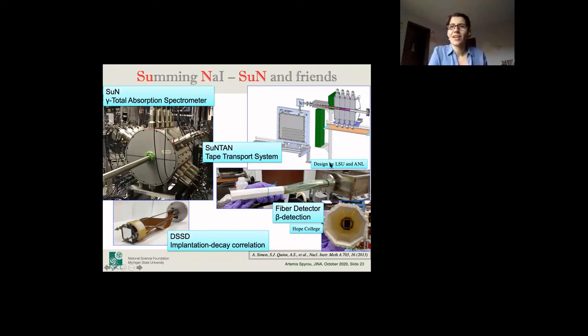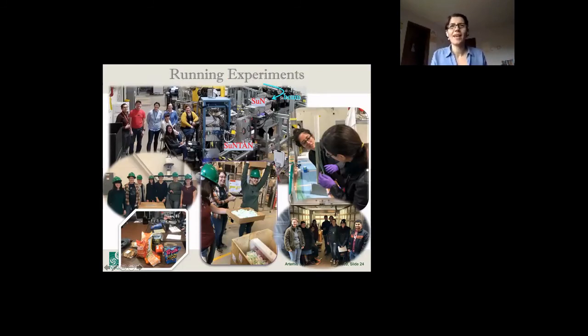The rest you can see here are kind of accompanying equipment. My group has been very creative in naming our detectors. So you see we have SuNTAN here. This is the tape system to remove contamination. We also have SuNScreen that I didn't put on the slide here. And this detector is a creative design that uses fiber optics to collect the signal from the detector and read it outside of SUN, because the hole there is very small. Just to get a sense of size, this is 16 inches. So if you like equipment, this is what our equipment looks like.